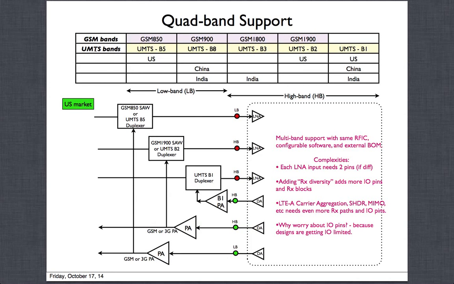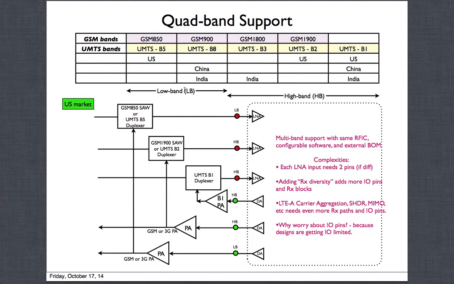Band 1 is the most popular 3G. GSM is more like 2G, the technology that was there. UMTS came up and, as it evolved, got called more and more 3G, 4G, LTE. All that is deployed in these UMTS bands. The most popular of them is band 1, which is 2.1 gigahertz. I put the 3 main guys, US, China and India, again. This is the same table that I showed previously.